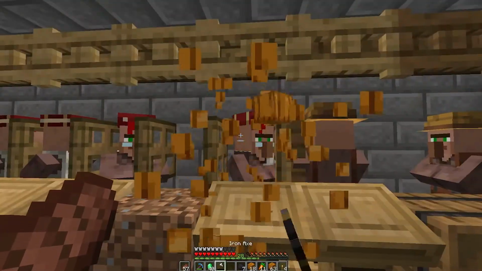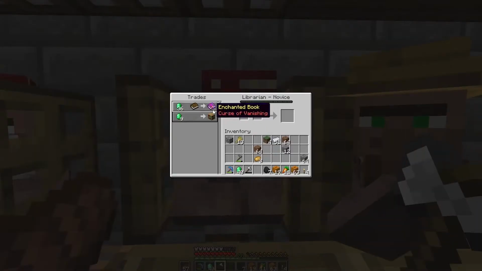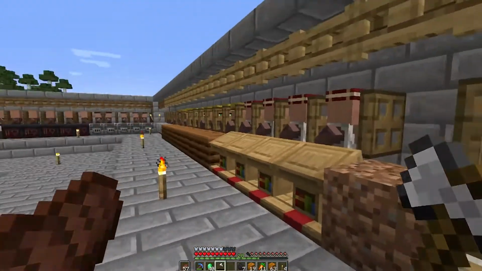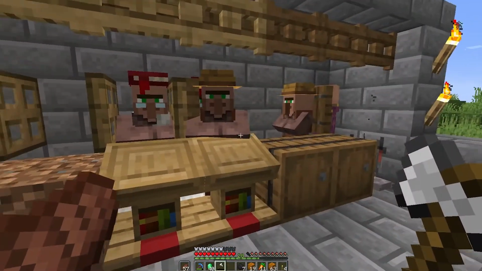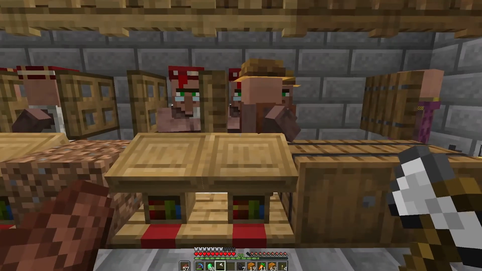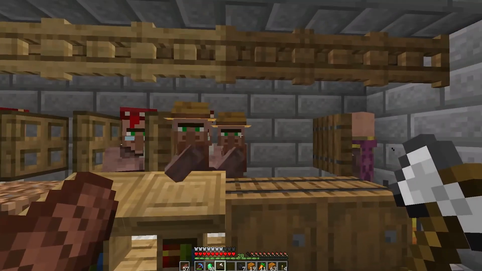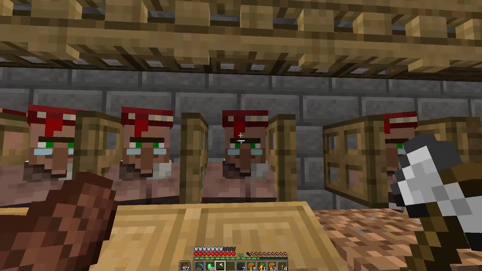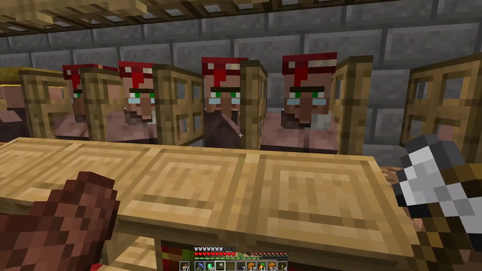Also, what I was trying to do is refresh some of these and cycle the trades that they have. I wanted the librarians to get a few of the basics that I need, mending, infinity, all that kind of stuff, so we can head into getting the end dragon and get on to elytras and all that fun stuff. But